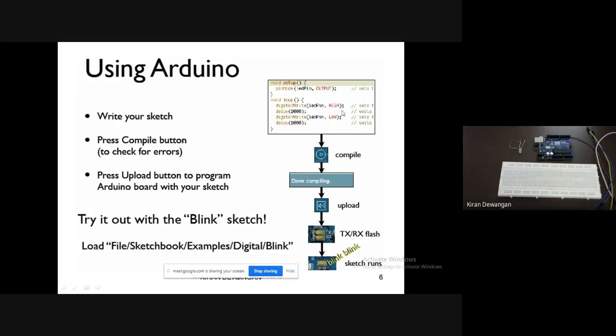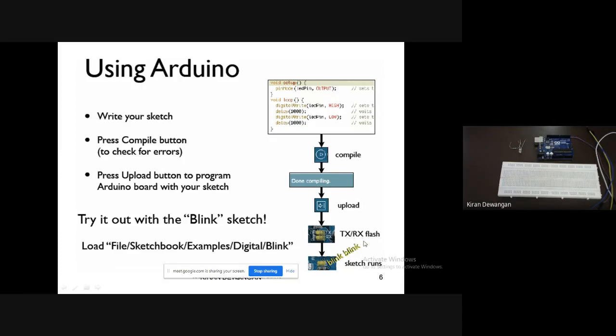Now suppose this is our code, and then we go for compiling. Done compiling is shown. Then the upload option will come. Then in the board we have the TX RX LED. As we can see, we have the TX RX LED.